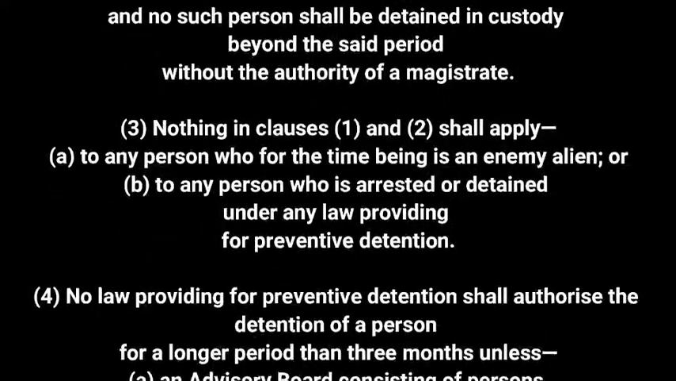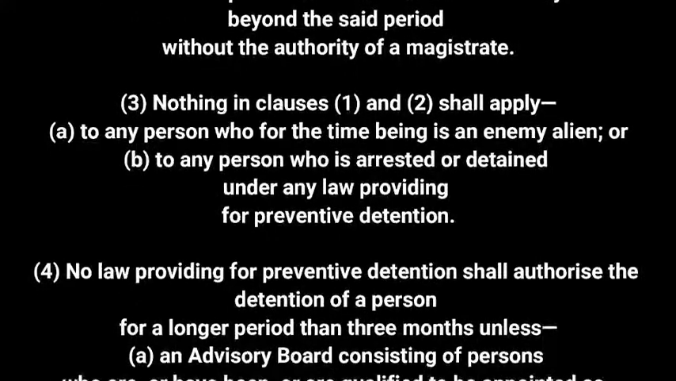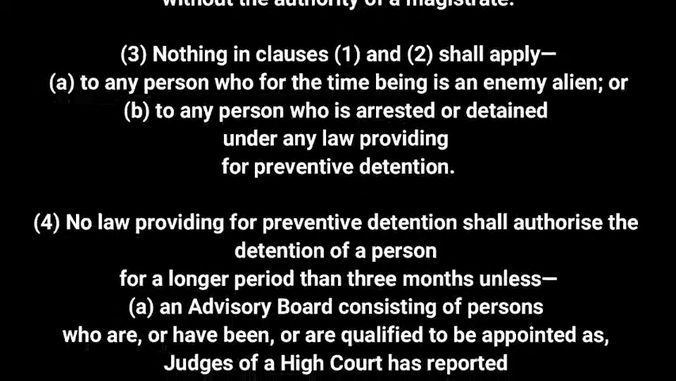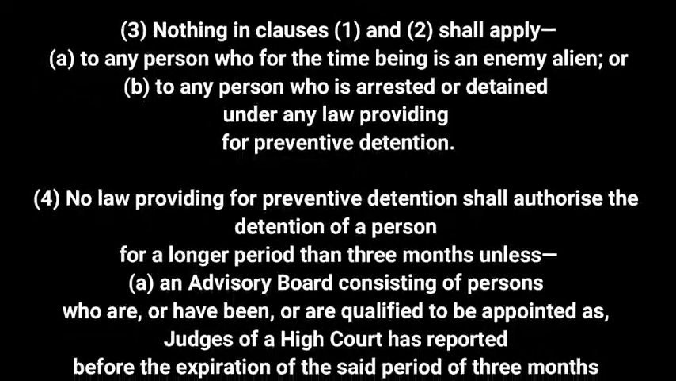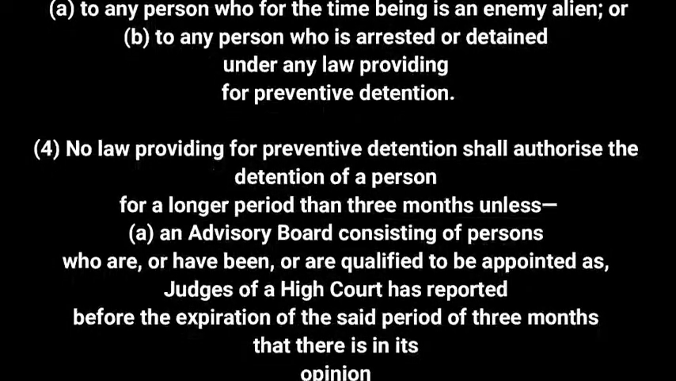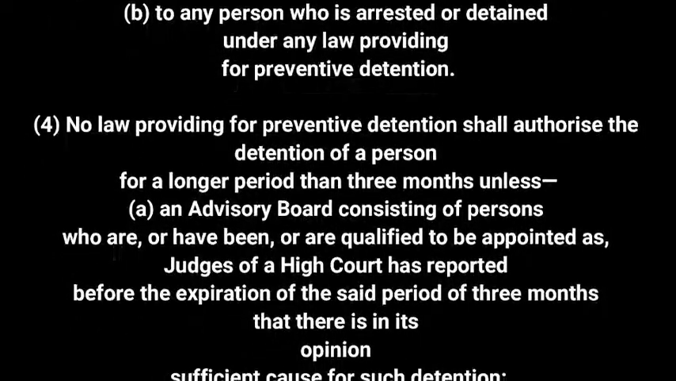3. Nothing in clauses 1 and 2 shall apply to any person who for the time being is an enemy alien, or to any person who is arrested or detained under any law providing for preventive detention. 4. No law providing for preventive detention shall authorize the detention of a person for a longer period than 3 months